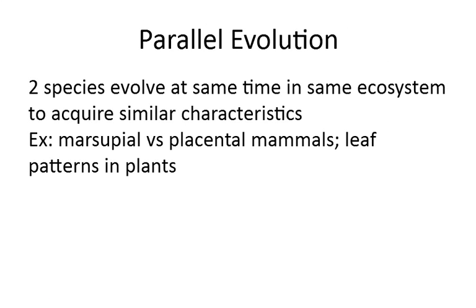Parallel evolution is another of those very related terms where you have multiple species evolving at the same time in similar ecosystems and they acquire similar characteristics. So it's very closely related to convergent evolution. The biggest examples I'm going to show you are that of marsupial and placental mammals, which I'll explain on the next slide, although you do see parallel evolution in plants, which will evolve similar leaf patterns depending on the ecosystems